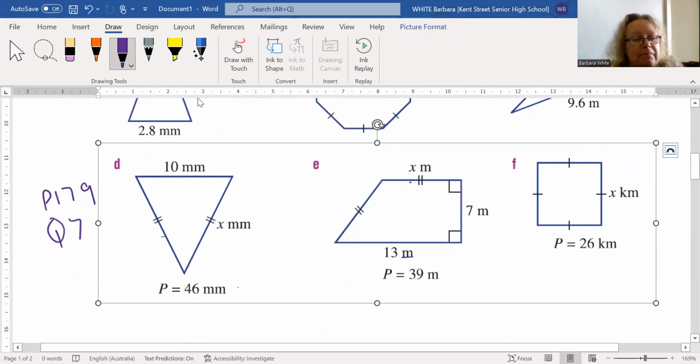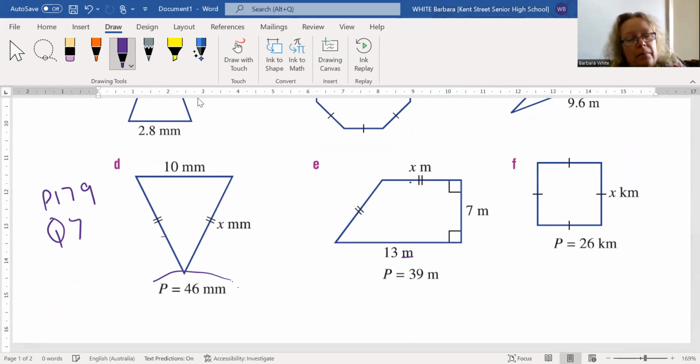Question 7. If I know the perimeter, I can find the missing number. Okay, so I'm going to start with 46. I'm going to take away 10, leaving me with 36. And both of these sides are the same and add to 36. So I'm going to divide that by 2 to get the missing number. So I'm going to go